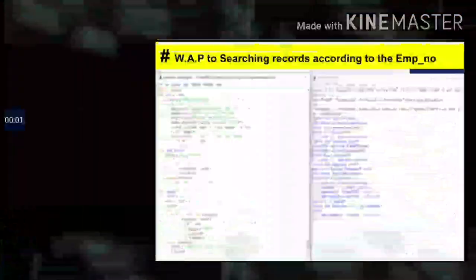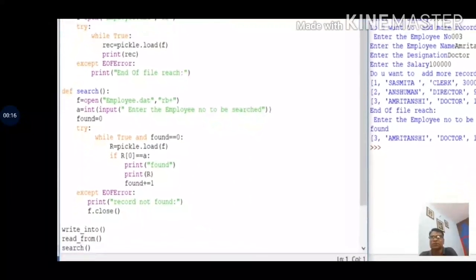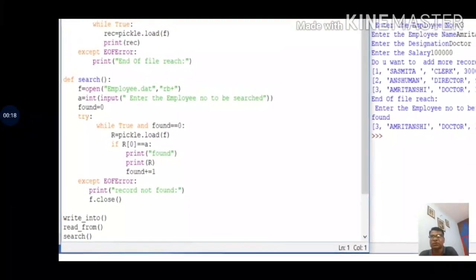Now how to search record by record in the employee.dat file. Whenever you search the file, you have to open that file and ask the user which record they want to search.